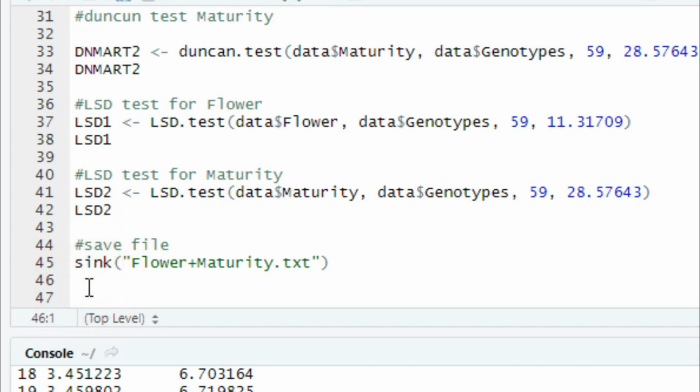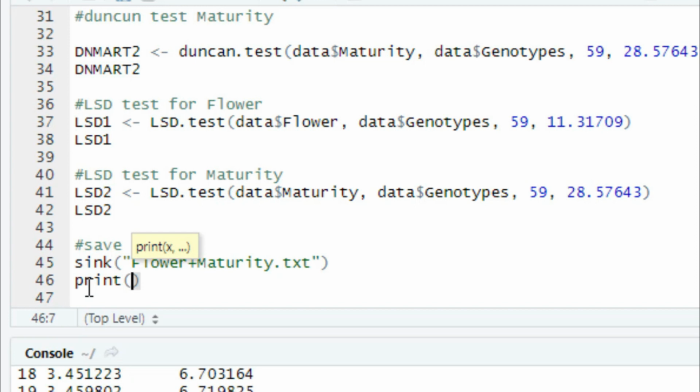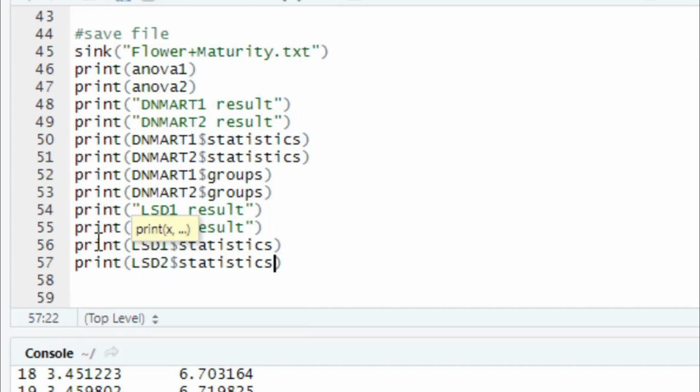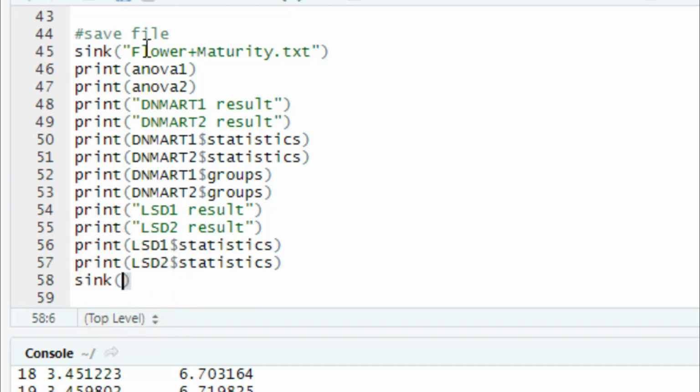Again, I want to print. The print option is ANOVA, and the last thing. So first flower and maturity, because we have analyzed only two variables.